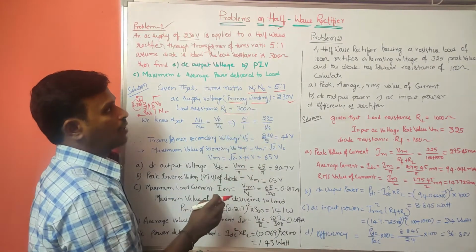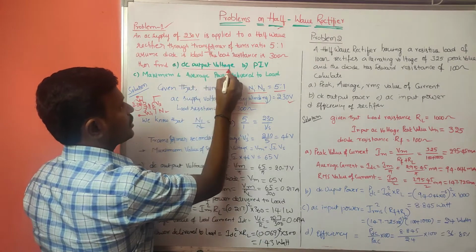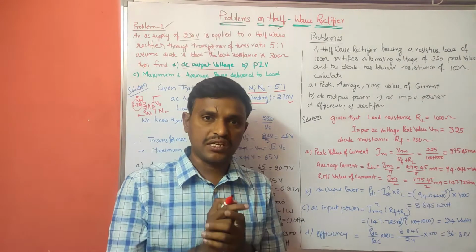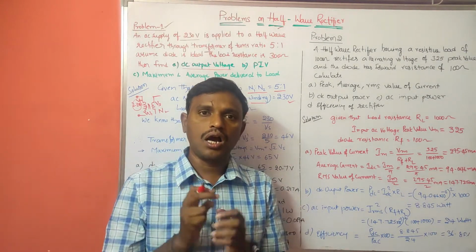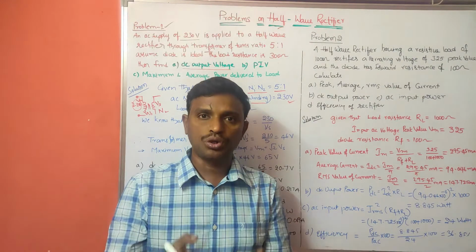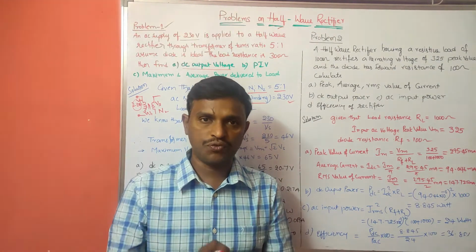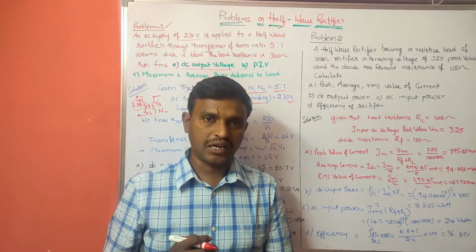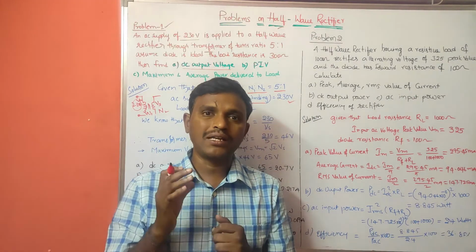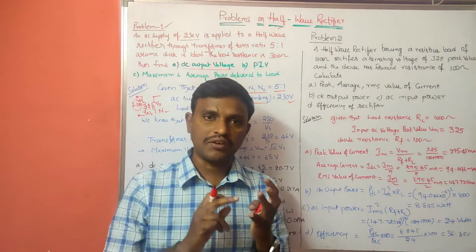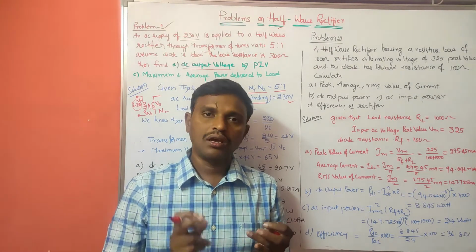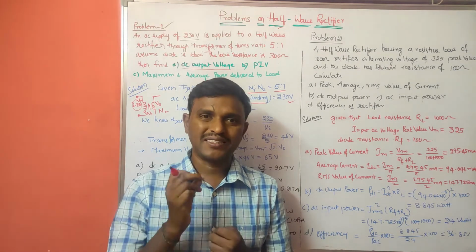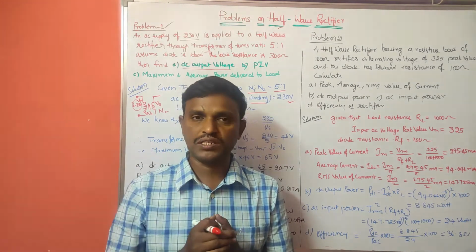These are the given values, but what we have to calculate is the DC output voltage. To calculate VDC, that is the DC voltage, or IDC, you have to know the VM value, that is the peak voltage value. Therefore, to calculate the peak voltage of the secondary winding, first we have to find the secondary winding voltage. Here the primary winding voltage is given and at the same time the turns ratio is given. So we have to calculate the secondary winding voltage Vs.